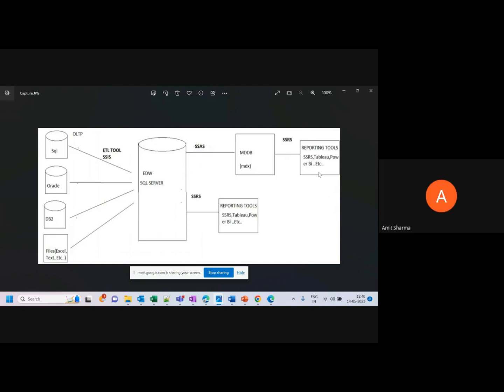Once we come to the actual class, I'll let you know which one is better, in which scenario we have to use SSAS for reporting, and where we can directly connect the data warehouse for reporting. In SSAS, there are two components. One is multidimensional and one is,